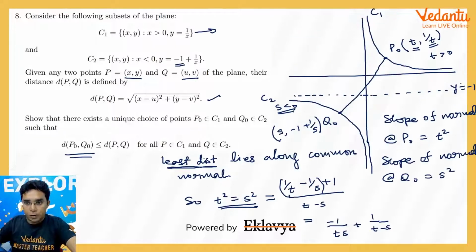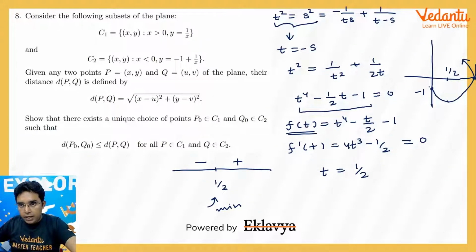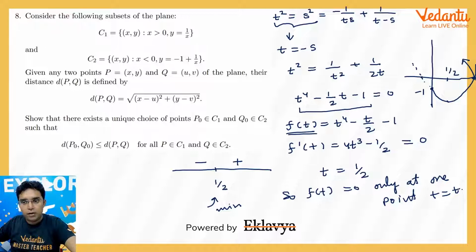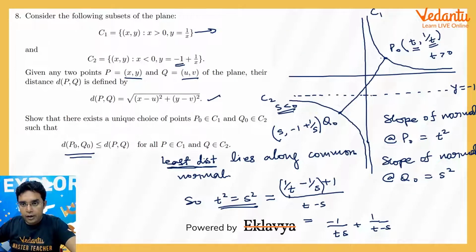My t is positive because I have taken this t on C1. So I need not make this part of the graph, and this point is not relevant to us. So we can see this f(t) will become 0 only at one point. You can call this t equal to, let us say, t naught. And this t equal to t naught will be the point where P naught, Q naught will be having